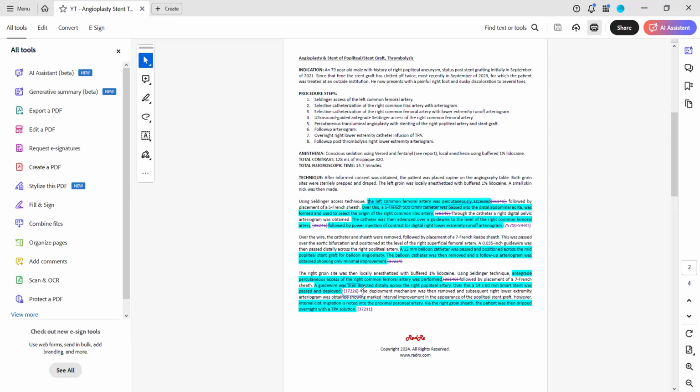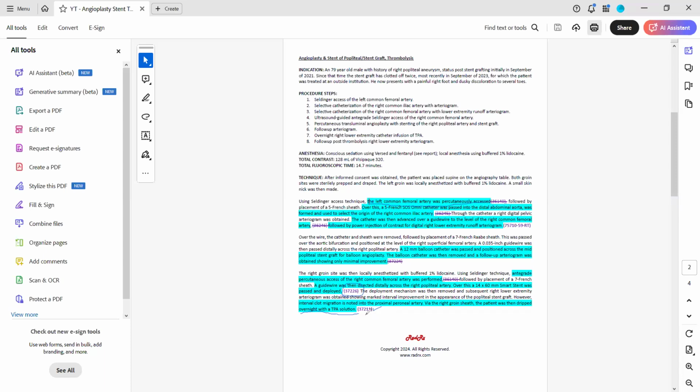So that's where we have our 37226. Then after, there was a clot that was noted in the proximal peroneal artery. So then the physician decided to begin a thrombolysis procedure. So it says an overnight TPA infusion. So we know that we have a prolonged infusion that is occurring. So a prolonged infusion is going to be reported with